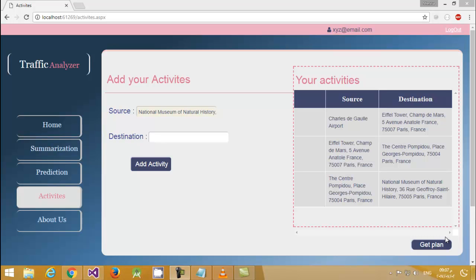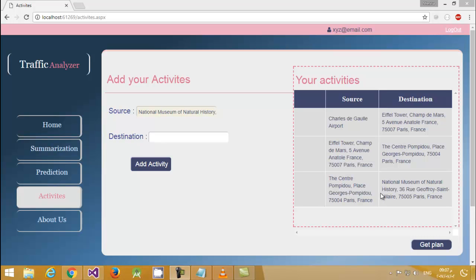Now for the third and last service of our project, the user can enter a set of activities, for example, wanting to do some shopping, wanting to check some issue in the bank branches. The user will fill in a set of activities, and then according to the historical data, there will be a recommendation for the order of the activities.